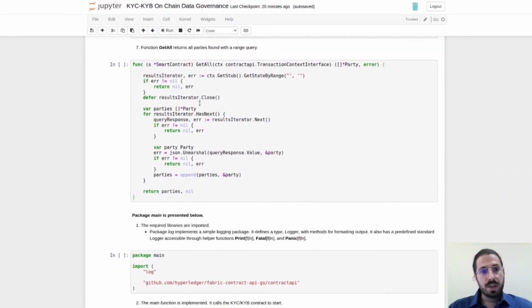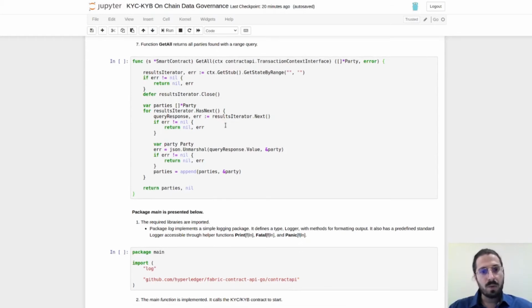Last function in this code would be the getAll, which retrieves through a range query all the data that we have in the specific state of the ledger.